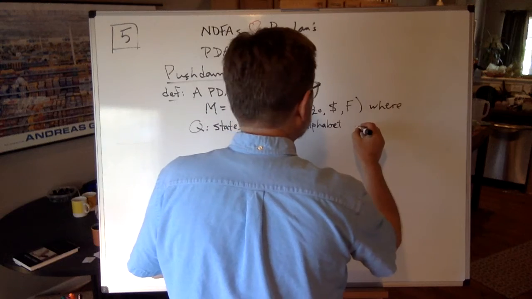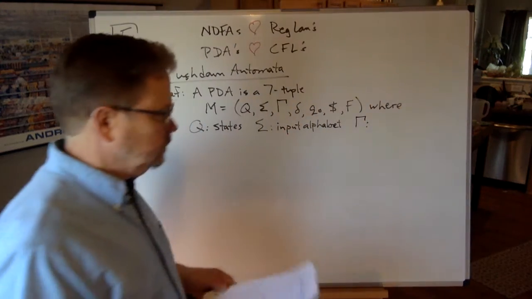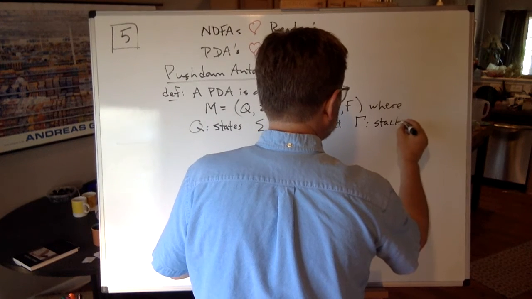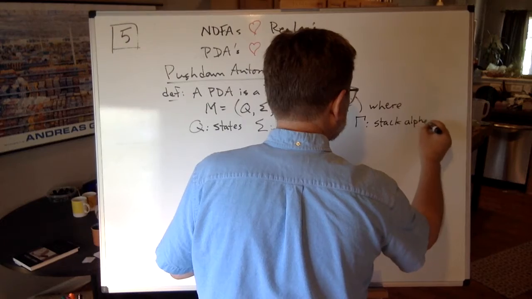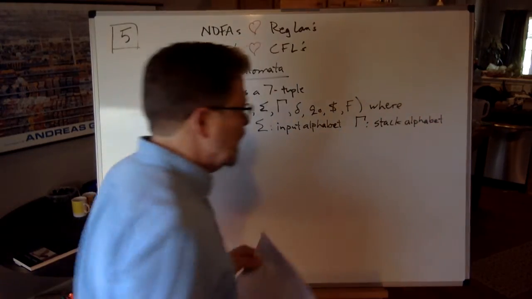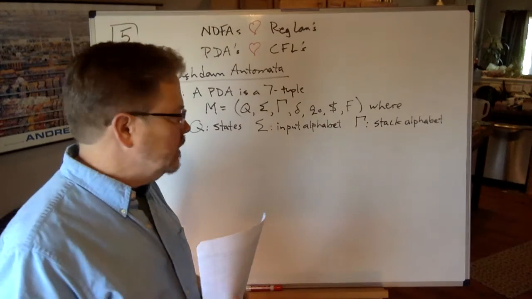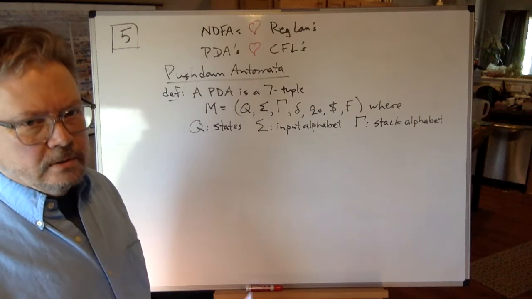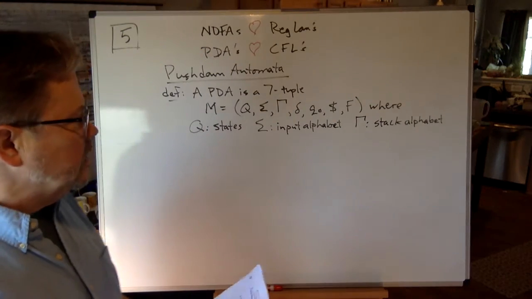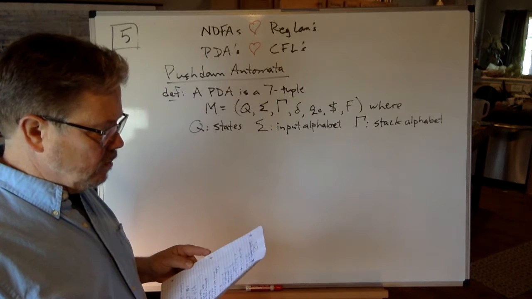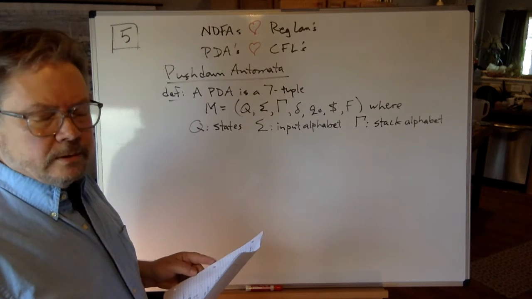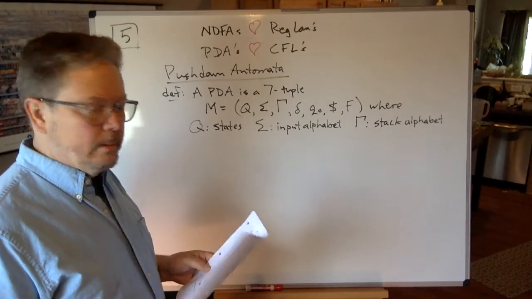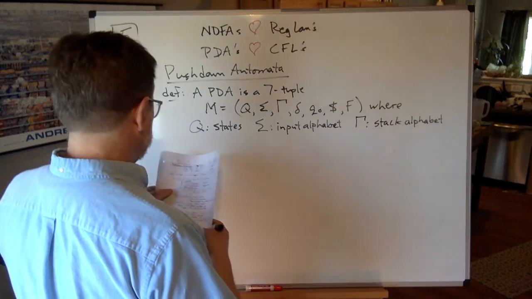Here's a new one, capital gamma. Capital gamma is a stack alphabet. And I can see you smiling and nodding through the internet, through the interwebs. You knew there was going to be a stack. That's why it's called a pushdown automata. We're going to stick a stack on our finite automata so that we can remember stuff. That's what the finite state automata, just the vanilla version, was not able to do. If you remember, it wasn't able to remember things. Let me just keep going.